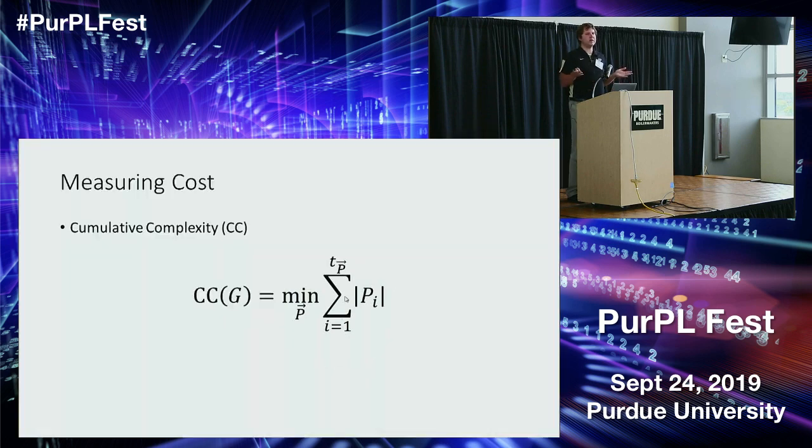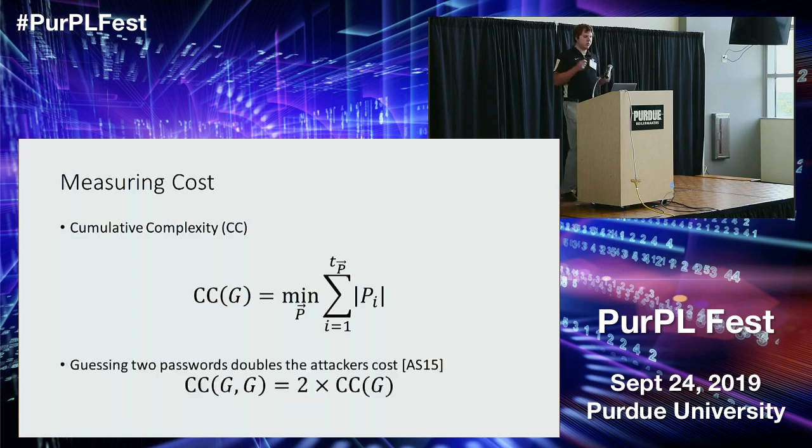Now, there's other metrics like space-time complexity, where you take the product of running time times the maximum number of pebbles that are necessary. It's a nice metric to study, but it's not appropriate in our context because it doesn't amortize. One of the nice things about this metric is that if I want to pebble 2 copies of the graph, which corresponds to computing this function on 2 password guesses, the pebbling cost is twice the cost of pebbling 1 instance of this graph. So that's a nice property that we require.